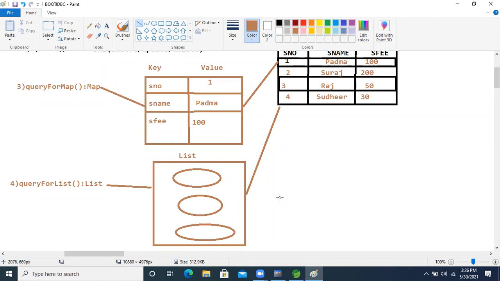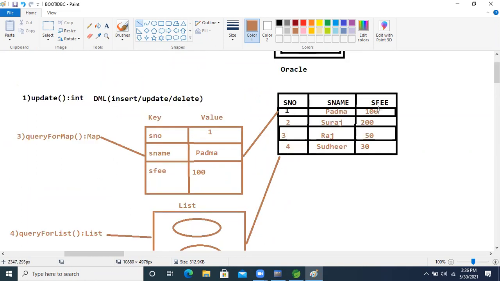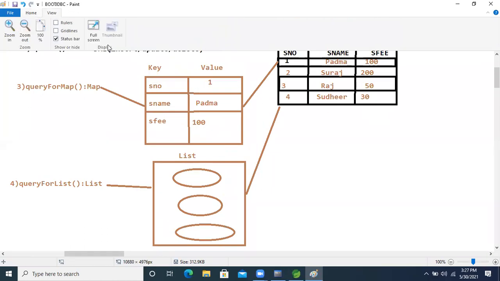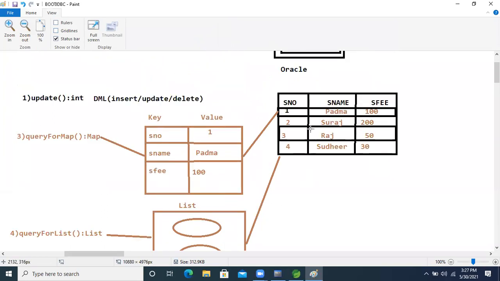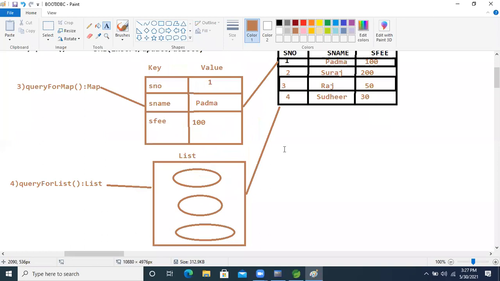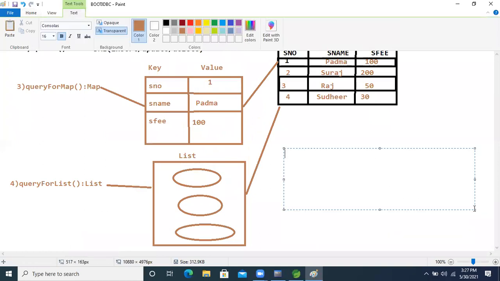Okay. Hey, Ravikant, I want to select only one record in object format. Only one record in the object format. So for that, is any method there? Yes, of course there is. What method is there to select one record from the database in object manner? Object manner. So for that, five. Okay, five. So what method is there?